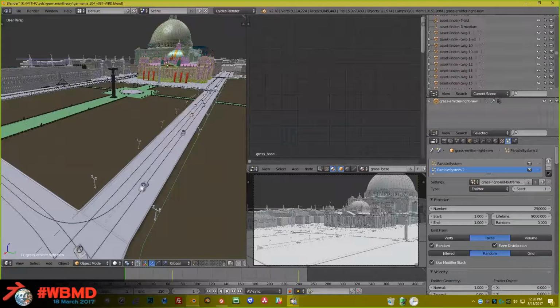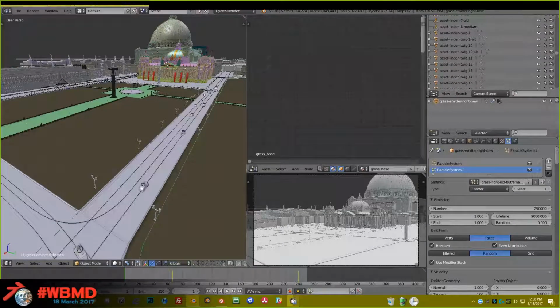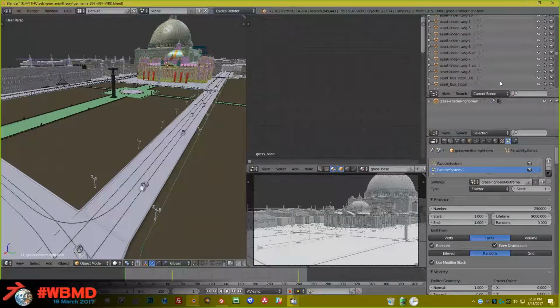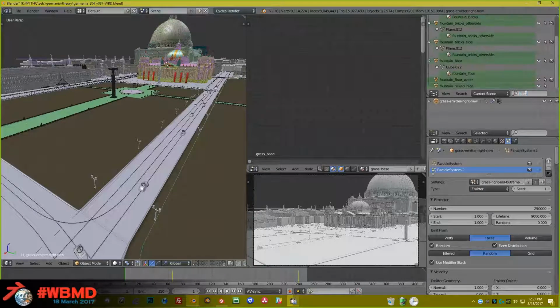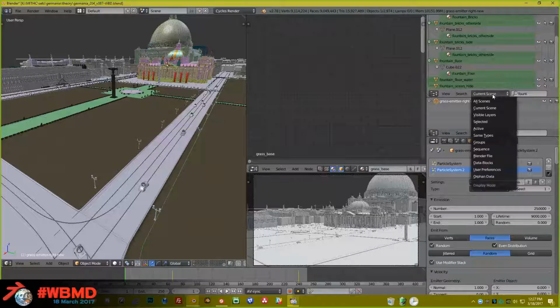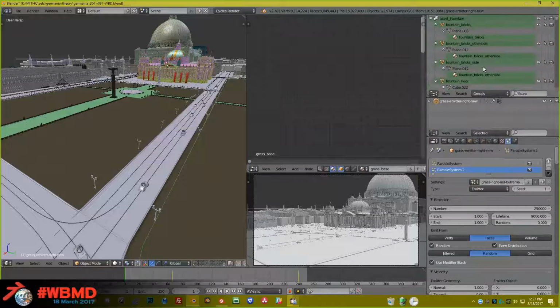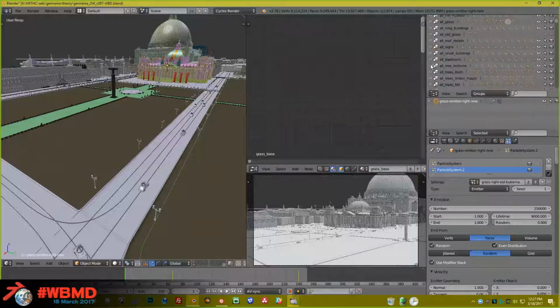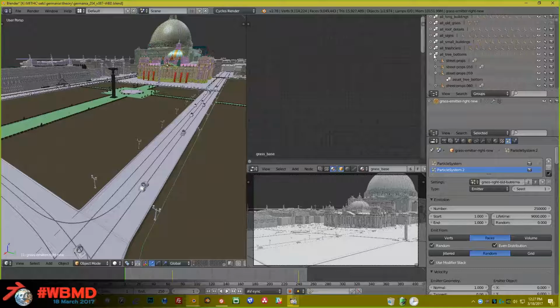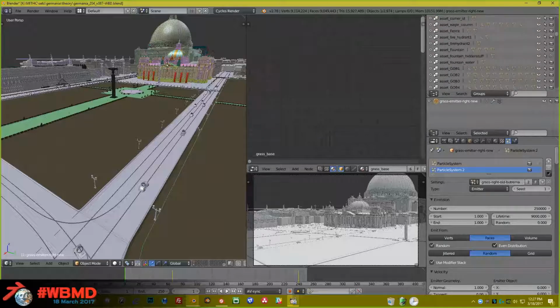So if you want to find a specific group of them, let's say I wanted to find that fountain, instead of having to sit here and type fountain and hope you can find it, you can have it grouped up, and you can search for it that way, or you can look around, and you can have groups kind of